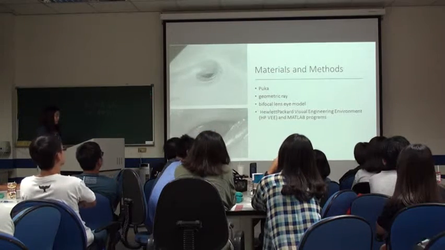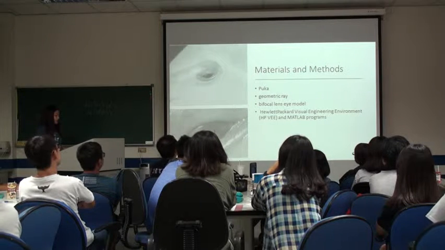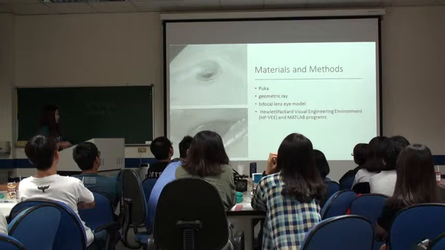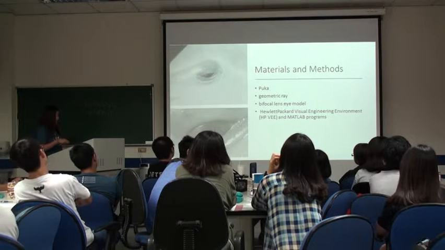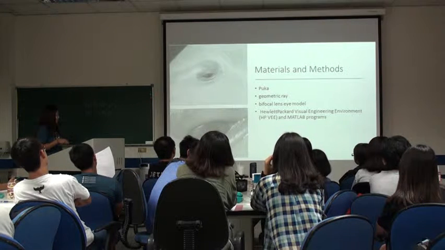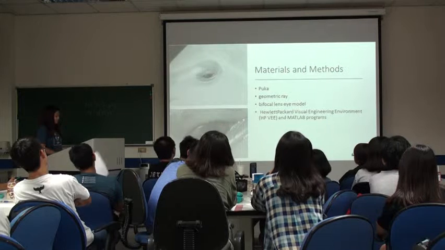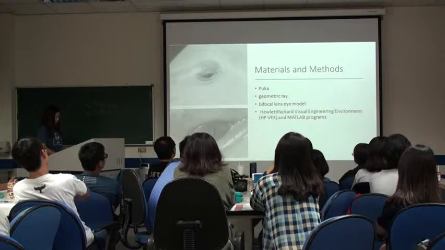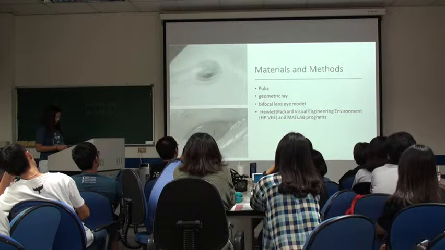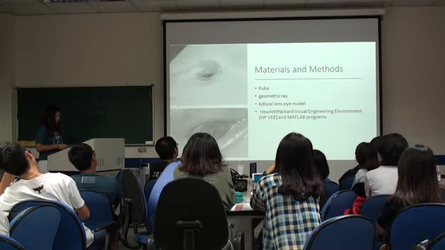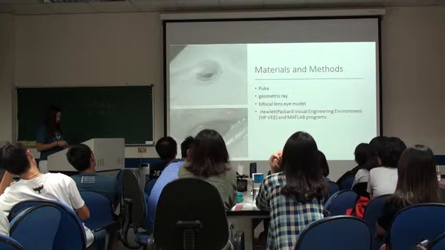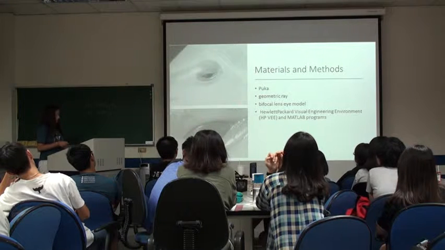So here are the materials and methods. We use a dolphin called Pupil, and we take a photo of it. And we can see that the pupils of the dolphin become a bean shape, and it is not usual as we see. And it's about geometric ray tracing through a lens overcorrect. It means that the lens becomes a weak lens in air, or it becomes a strong lens in water,